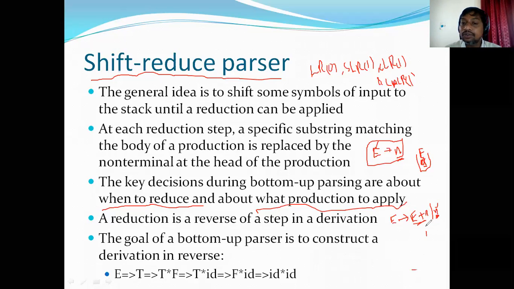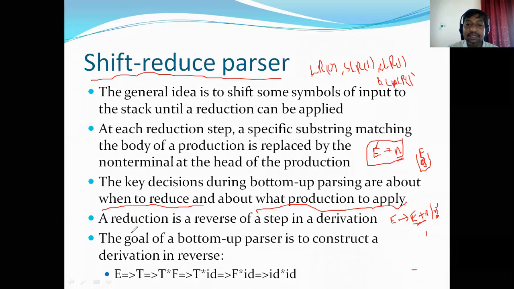Okay, so that is the crucial thing here, right? We need to identify the right handle, and we need to identify the right production rule to replace the handle that we identified. So that is the reason why